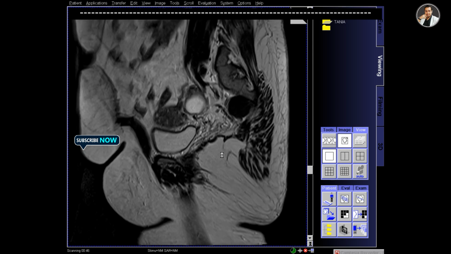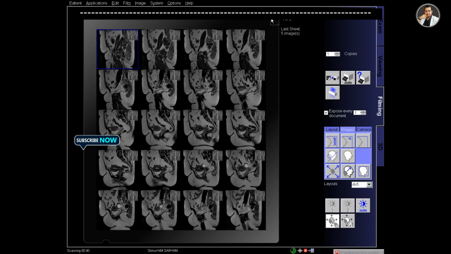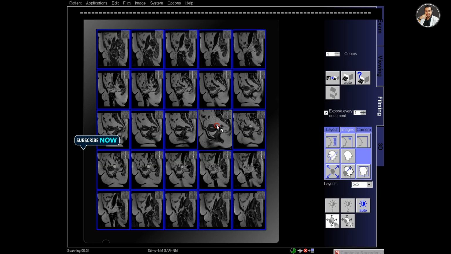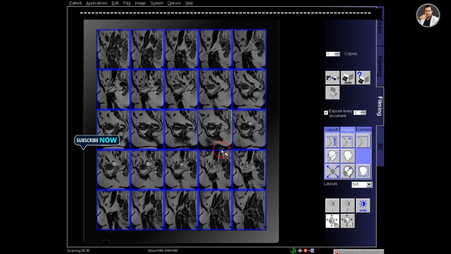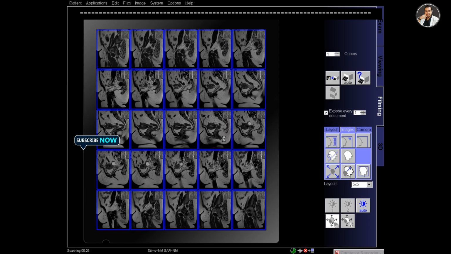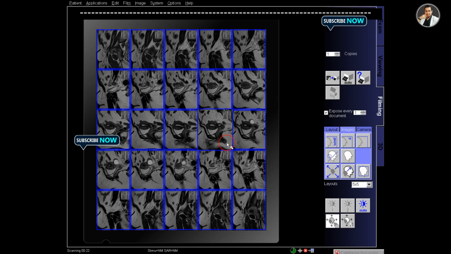I'm trying to see the anatomies by changing the images, select series and send it to the filming, and then select the whole film and make 5 into 5, 25 sections, and slightly adjust the images so that they fit in the segments.